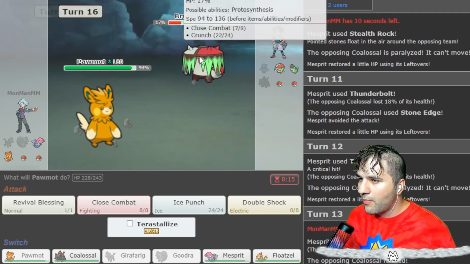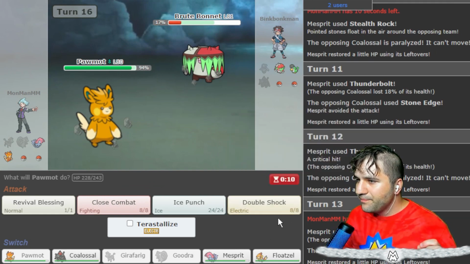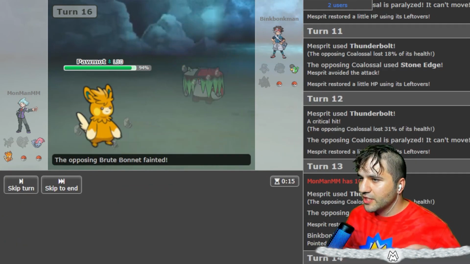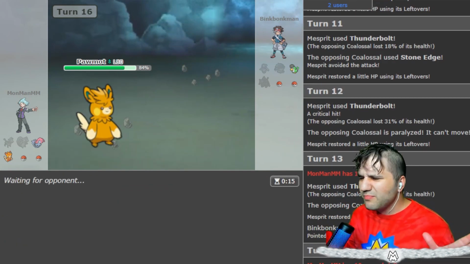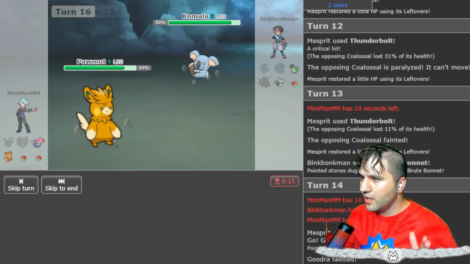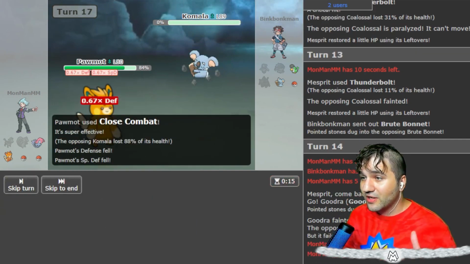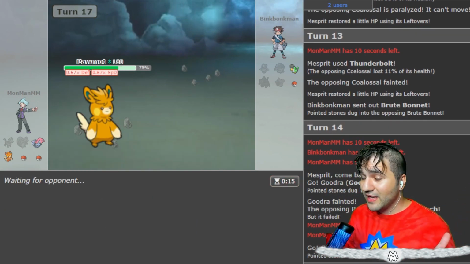It's fine. Let's go for the Pawmot here, and Volt. Let's go for Ice Punch here. We're just gonna get the kill. Let's not be crazy. We're up on 1 Mon, so it's 4-3. We're looking pretty good. They've got Kamala. I'm going to go for Close Combat here. I don't know if they're going to... They don't. I don't know what they're thinking here, but Palma is a